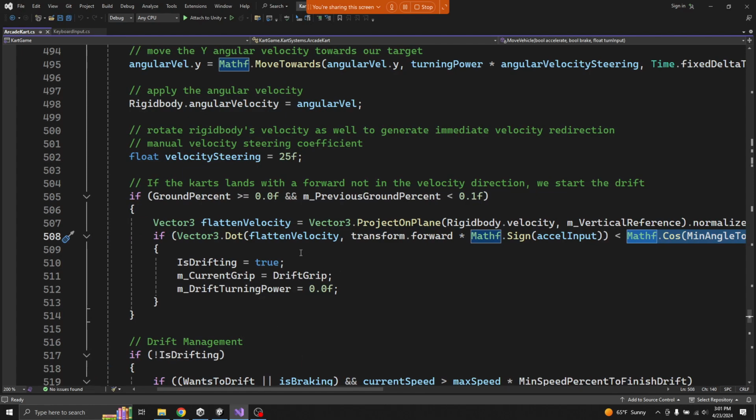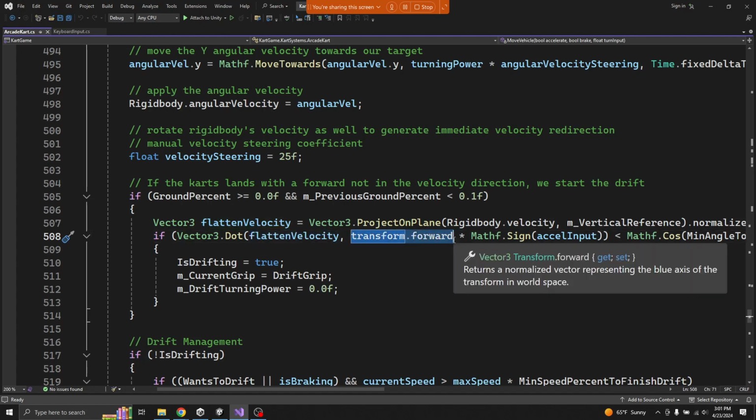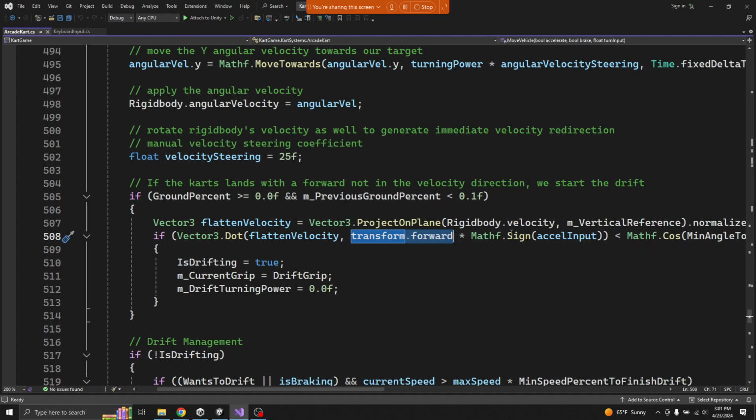Okay. So if we dot our flattened velocity, so wherever the car is currently going, and we're just concerned with the x and the z, if we dot it with the transform of our car, our forward direction, not the velocity, just where our car is currently pointed, and multiply that by